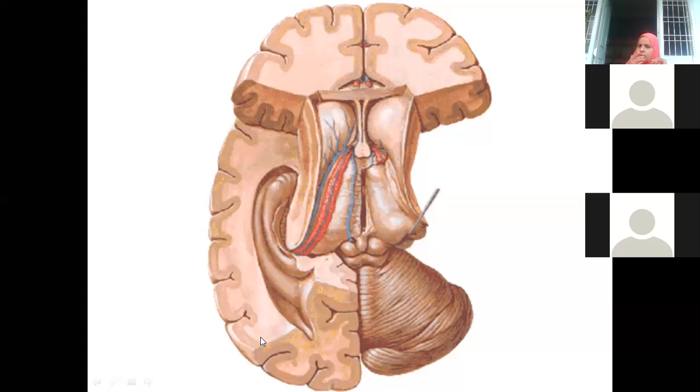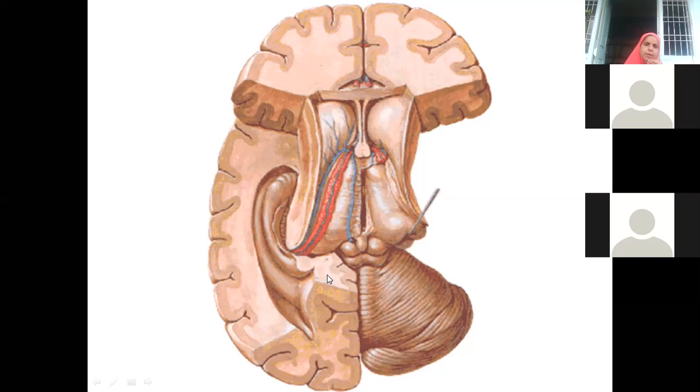Actually, the fornix area, I'll show you with the help of another picture. But it actually coils like this and comes round like this. This is all thalamus. The whole thing is thalamus. And you are finding two elevations, the medial and lateral geniculate bodies. This is the medial geniculate body and this is the lateral geniculate body. And we know this is the occipital lobe. Below the occipital lobe, we are finding the cerebellum.